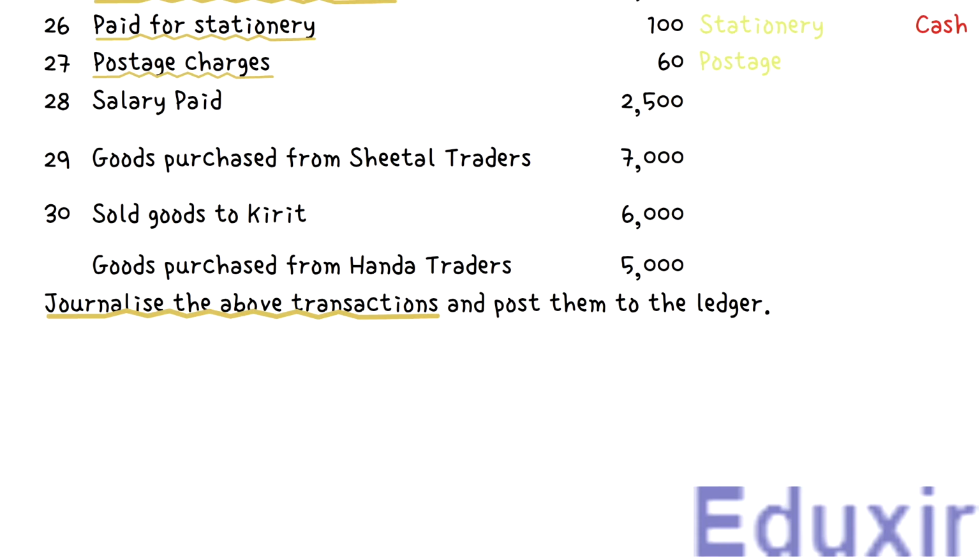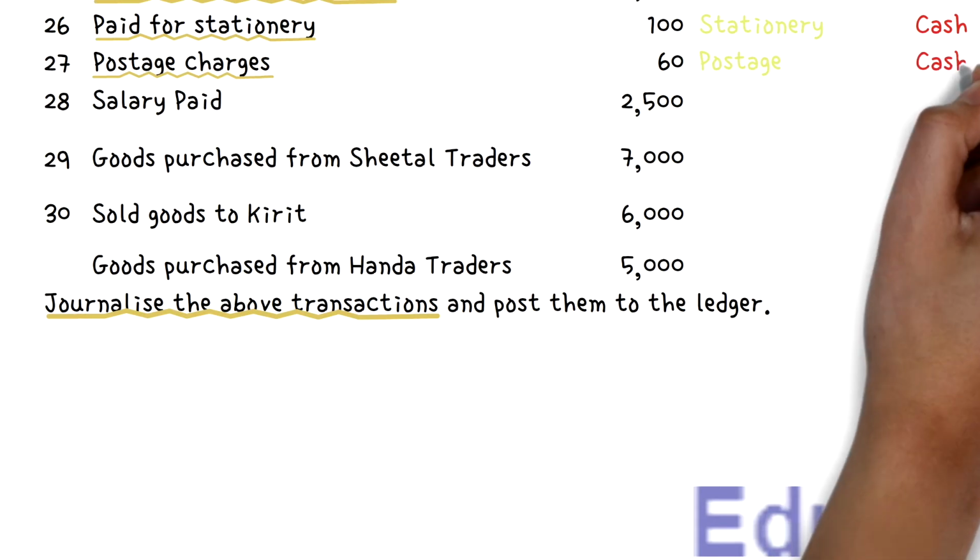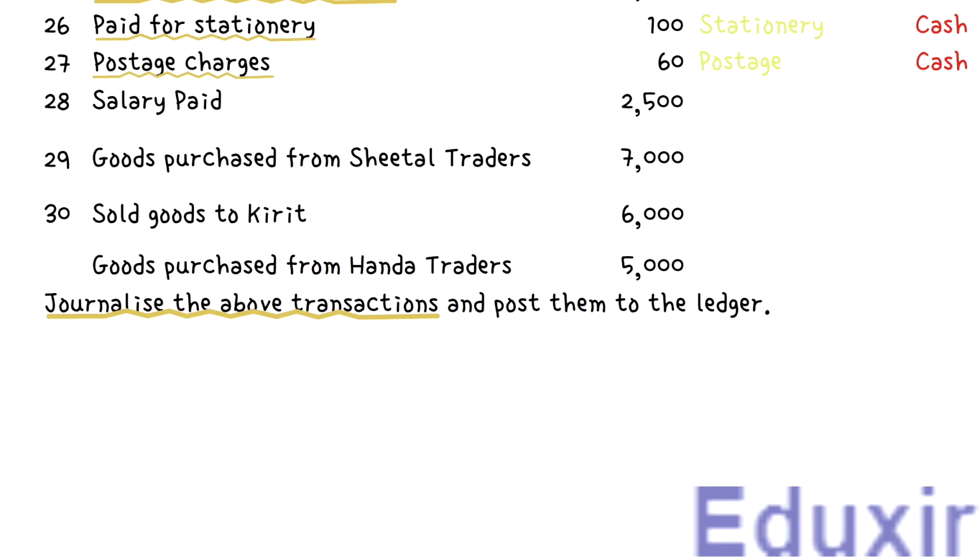At the same time, as the payment for these postage charges is done in cash, the cash asset available with the business will be decreasing in this transaction. The rule to record any decrease in the assets is to credit the corresponding assets account. In this case, the cash account should be credited. With this analysis at our disposal, let us now proceed with the generalizing of this transaction.